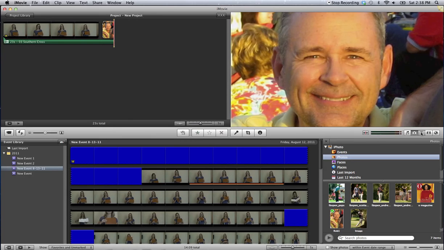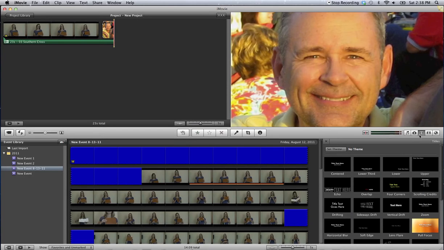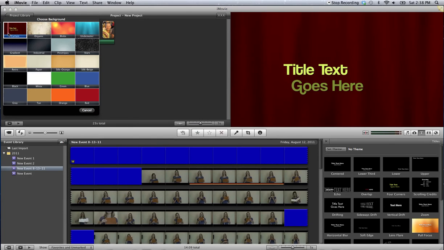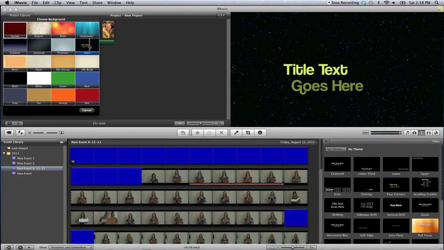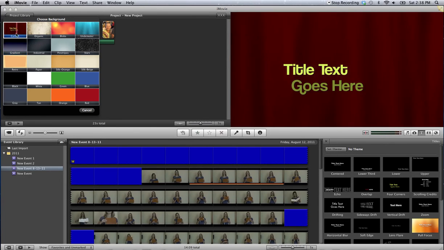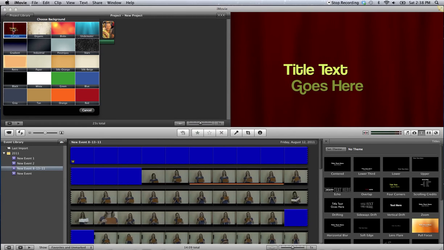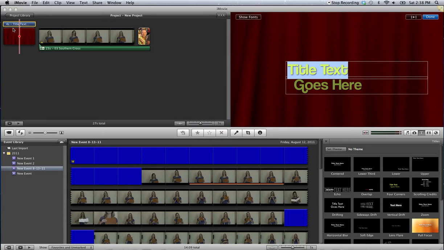Okay, want to add a title, we can go and add a title here. We'll do this one. This is a pretty cool one. They have a lot of titles down there. And here, if you notice this window right here, what it does is you can select a background for your text. So for our purposes, we're going to select this one, curtain. Okay, and now you can edit the text right on the screen. So we're going to put sample